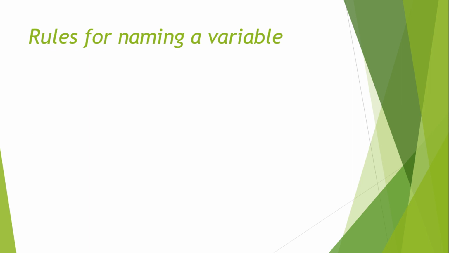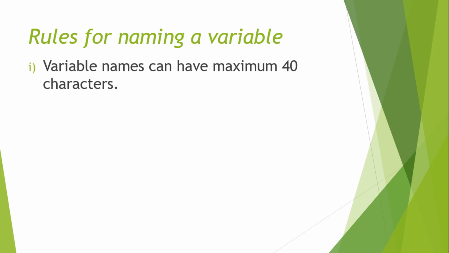It is very much important to name a variable because that is the identification of any variable. Now how can you understand which variable is having what kind of value? That is why we give names to the variables. Okay, now the first rule: a variable can have maximum 40 characters. Obviously we try to give names to the variable in a very short manner. Okay, like we give a short name like A, B, C, D, X, Y, Z, anything.